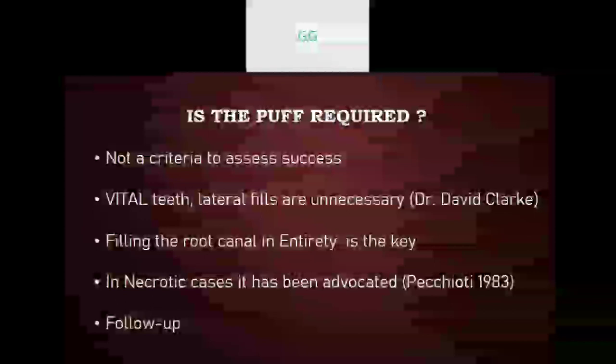So even in this article, they do not advocate the creation of sealer puff, because sealer puff is nothing that is to be created. It is an effect of the obturation that is there. Now, if an apical puff is created, all the literature, to escape the medical legal aspect of any liability towards the patient, supports that a patient should be maintained on a clear follow up when extrusion is expected within the root canal treatment.